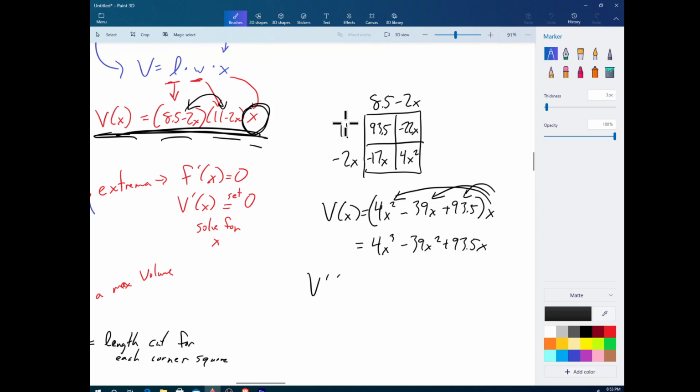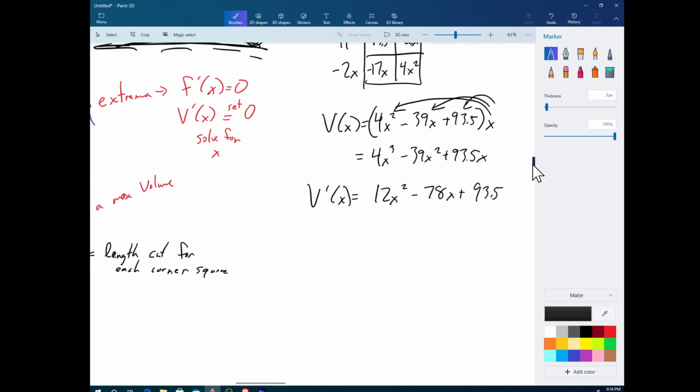All right, so taking my derivative, I get 12x squared minus 78x plus 93.5. And at this point, we want to solve for x after we set it equal to 0. If you remember, if you have ax squared plus bx plus c equals 0, and remember it does have to equal 0, you can use the quadratic formula,